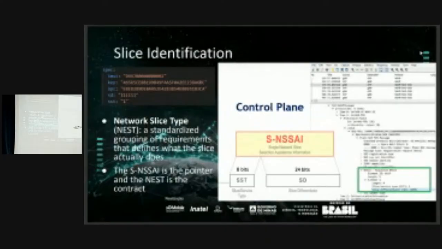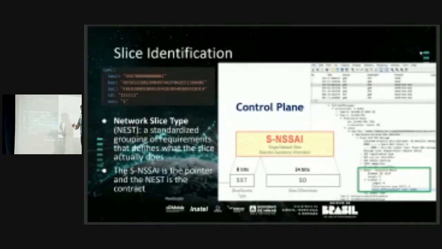In the first part, we have 8 bits for the slice service type. To identify the type of the slice, we have 3 types of service in 5G: broadband, low latency, and massive communications. We have only 3 types for slicing in 5G.